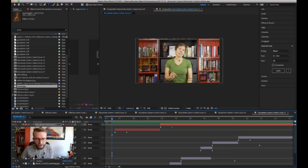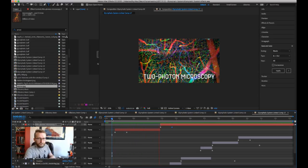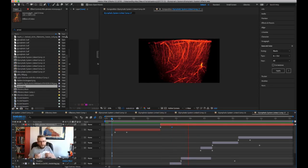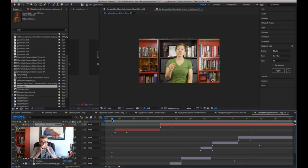A technique called two-photon microscopy, a high-tech kind of microscope that lets researchers get a clearer look at deeper tissue levels. They found the CSF actually flows around the blood vessels of the brain, using a technique called...